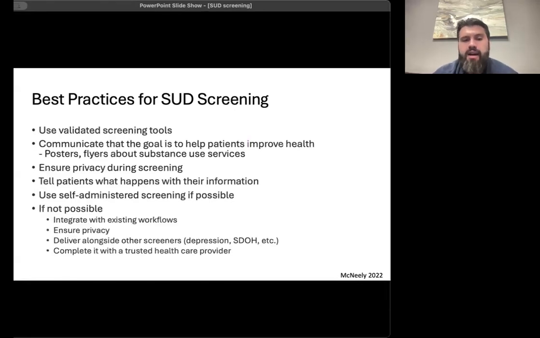But understanding that, again, if that's not possible, you try to integrate that into your existing workflow. If you already have an MA or somebody else that helps out with these kinds of screens, it might be a good idea to integrate that into your screening process that's currently going on. So sometimes at clinics, for example, they will screen for depression with the PHQ-9. Maybe you could roll in one of these additional survey instruments at the same time, and just make sure that you really develop that relationship with them so they feel trusted when you're asking these questions.